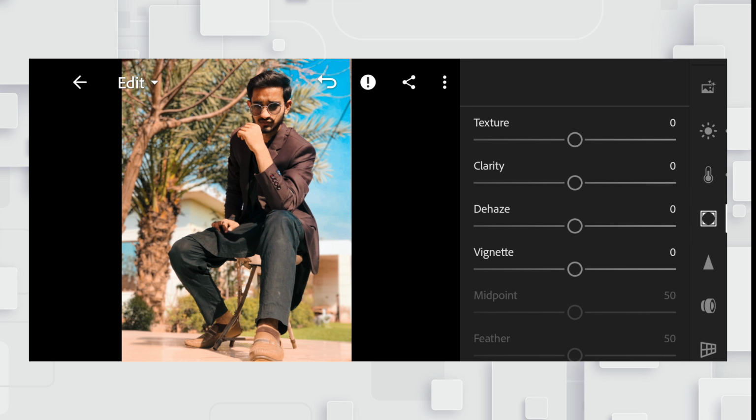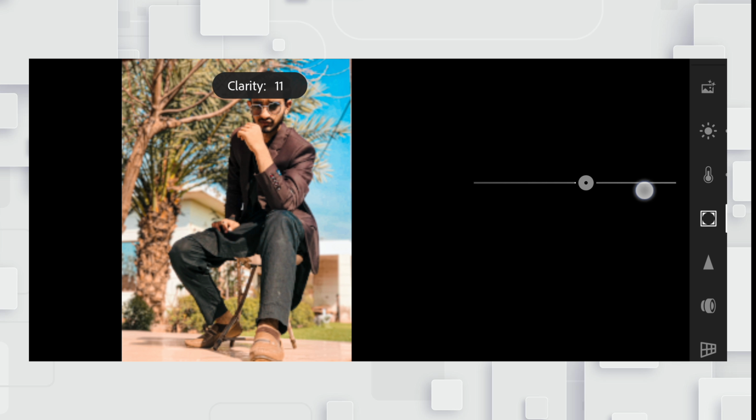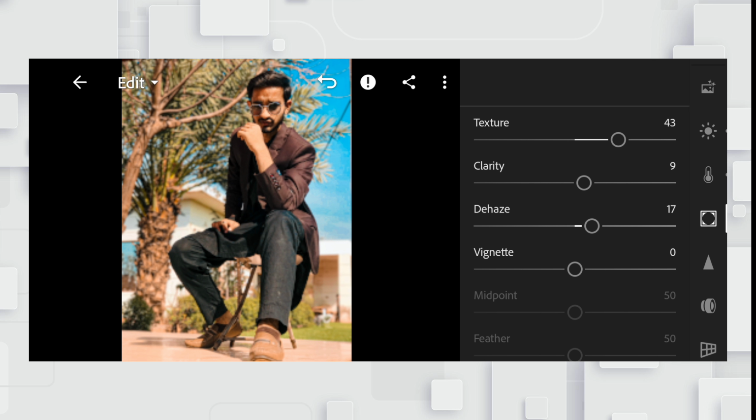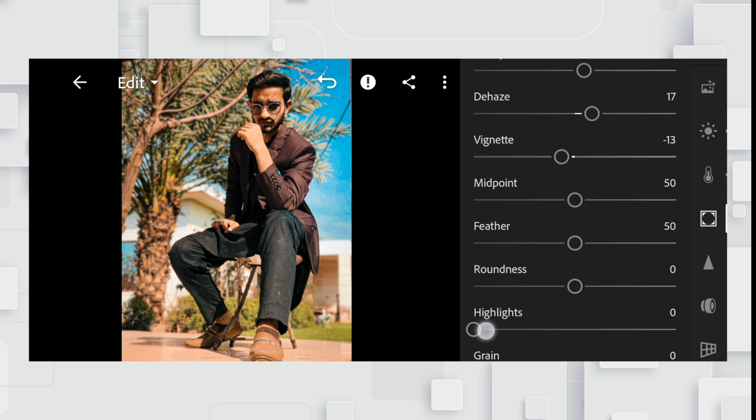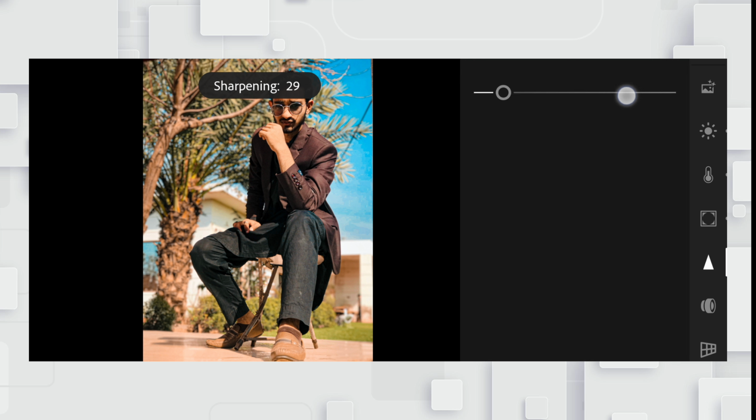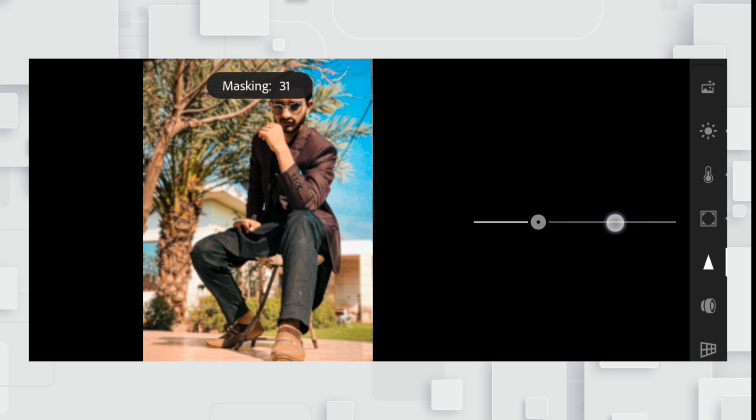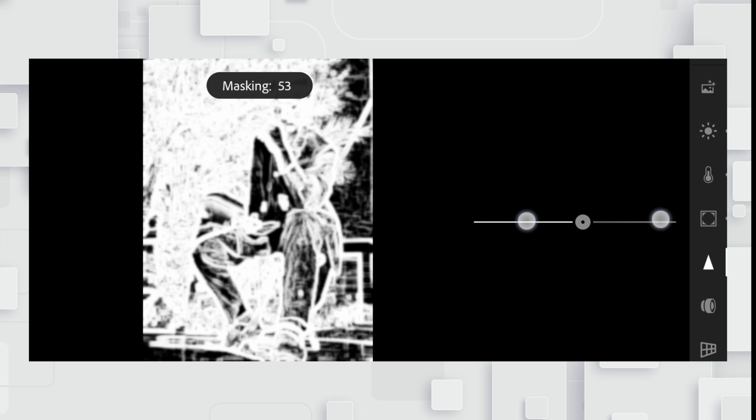Now click on effects and increase the texture and increase the clarity and increase the dehaze and decrease the vignette and increase the highlights and increase the feather and decrease the midpoint. Now click on detail and increase the sharpening and increase the masking tool as I am